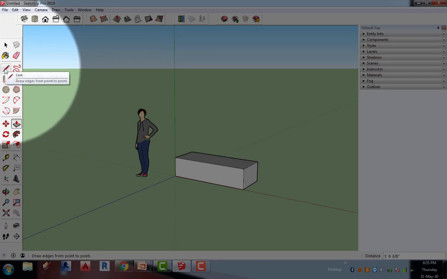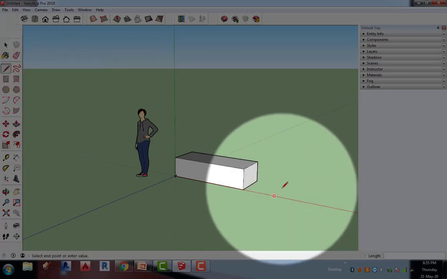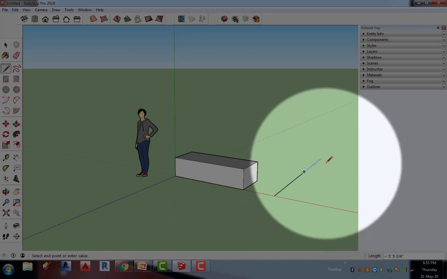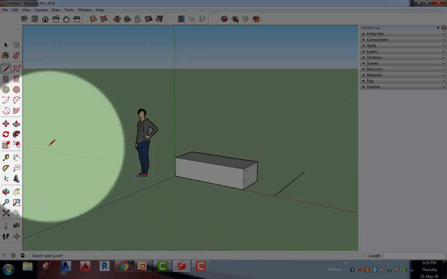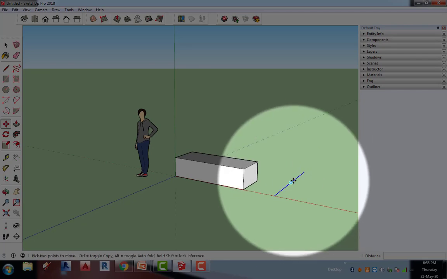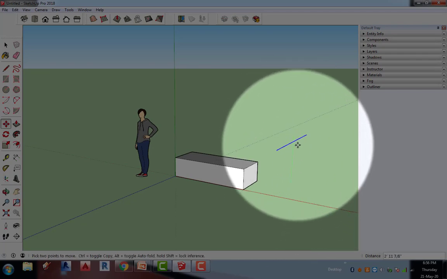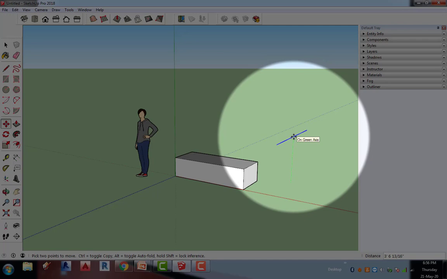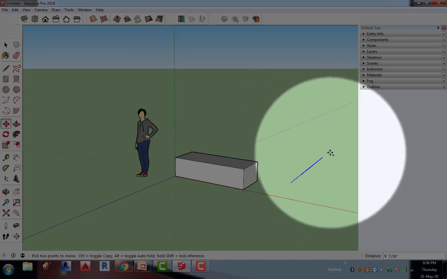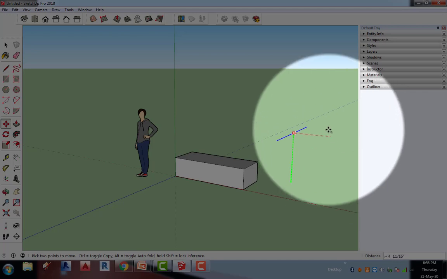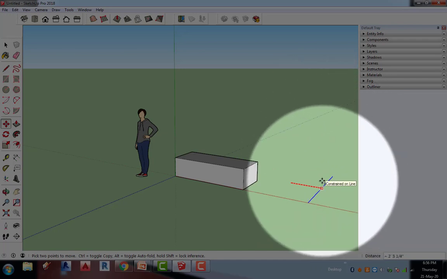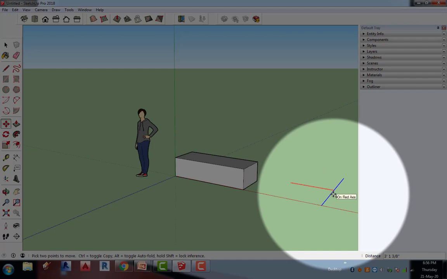Now, the other important thing is that you can also lock the positions of this axis. For example, I need to move this in the blue or the green axis. So I will press the up arrow for it to move in the blue axis, the left arrow for it to move in the green axis, and the right arrow for it to move in the x axis, or the red axis.